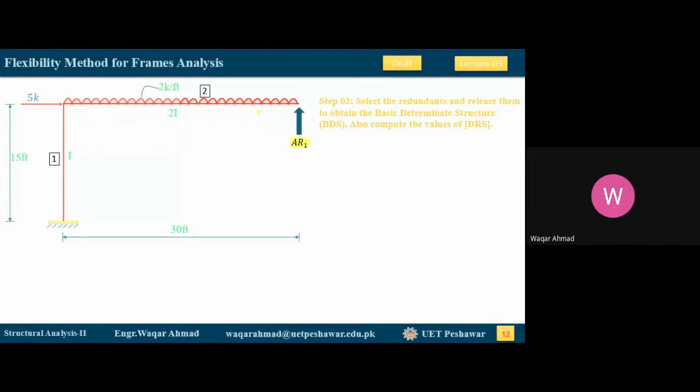Now, corresponding to that horizontal constraint, we need to put another action which we denote by AR2. So remember, these are not constraints. These are actions, unknown actions, redundant actions, which we have placed corresponding to the constraints which we have released. Okay, so now if we move forward,